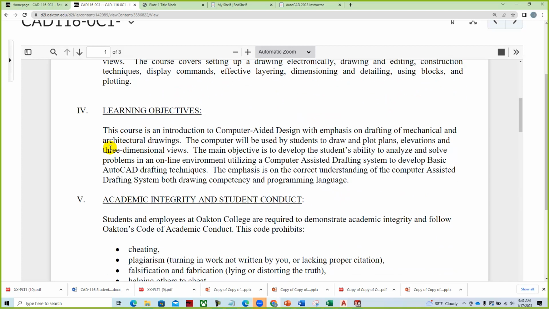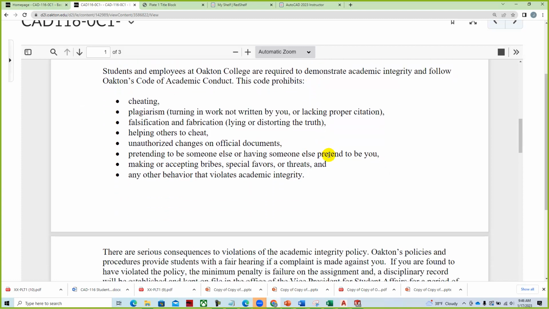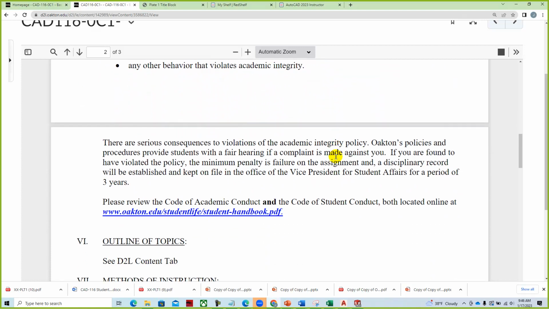Learning objectives for the course: computer-aided design, drafting fundamentals for mechanical and architectural. Academic integrity. Please do your own work. If you have any problems, just ask for an extension. We realize that things happen and not everybody can make every class or get everything done on time. But they do have specific rules as far as your expectations for the course, and there's a student handbook